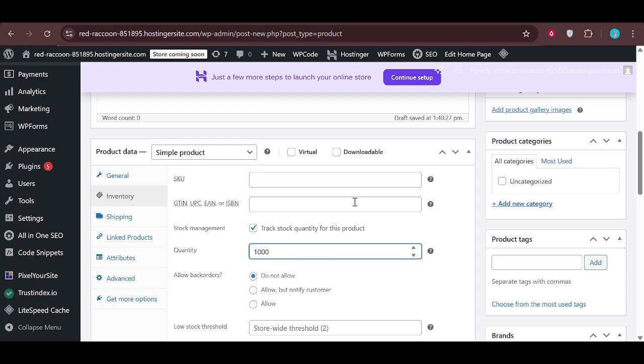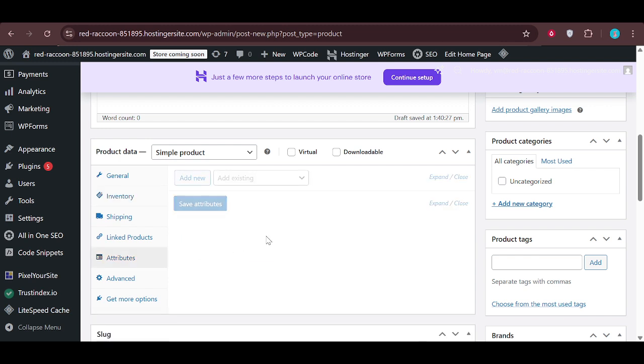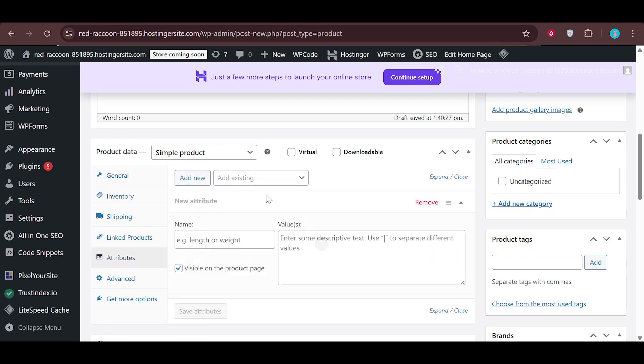If your product comes in different sizes, colors, or any other variations, go to the Attributes tab, add an attribute such as size or color, and then list the available options like small, medium, large, or red, blue, green. Attributes help customers filter and choose exactly what they want and are especially important if you plan to